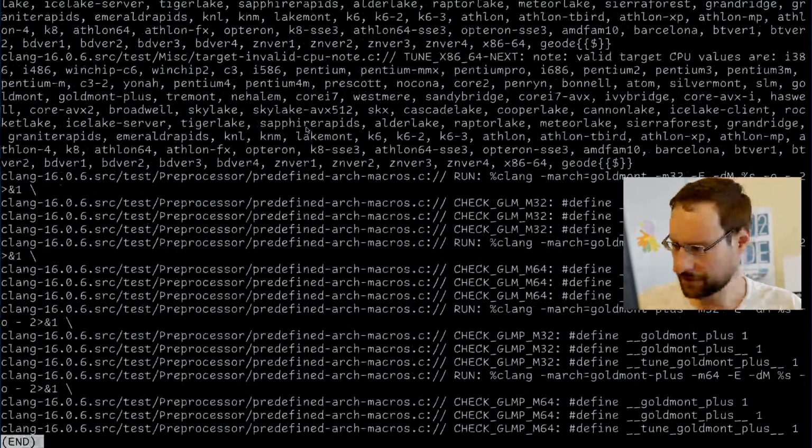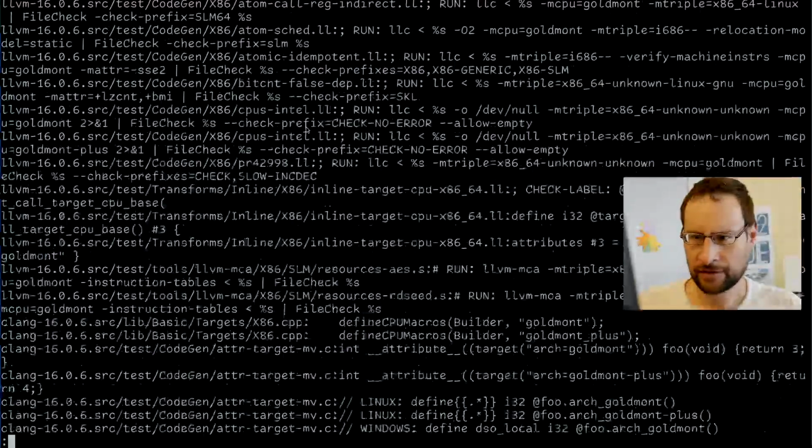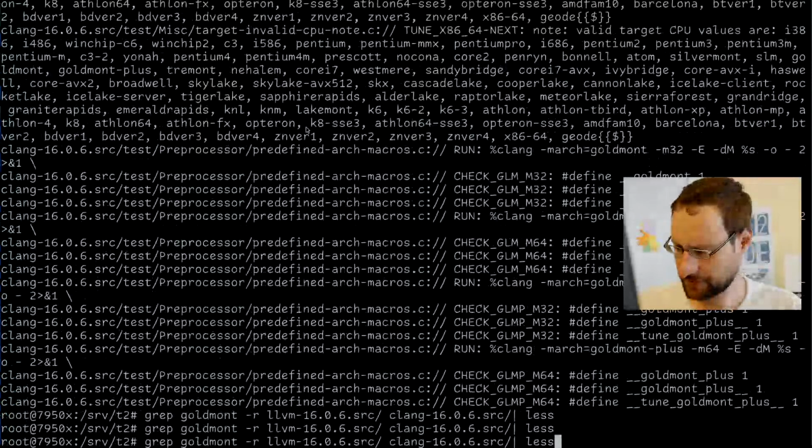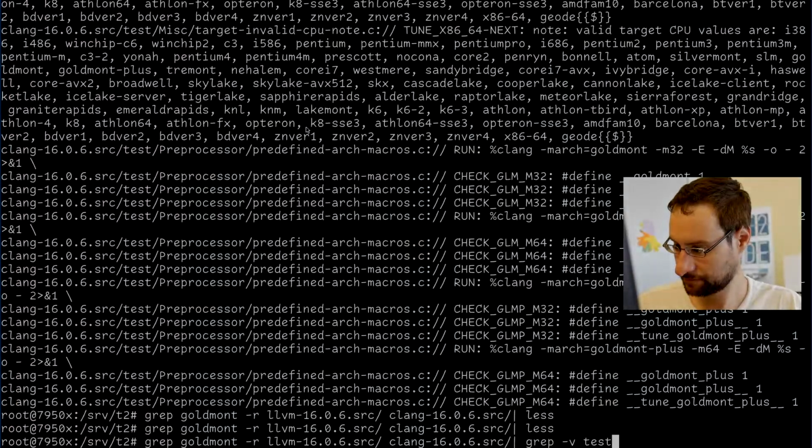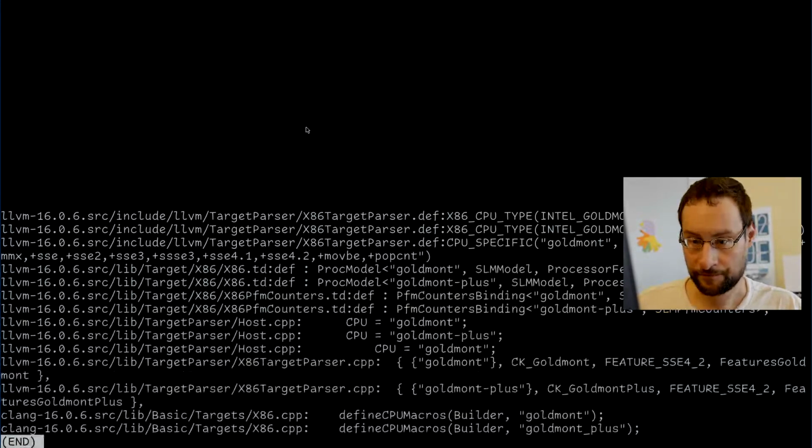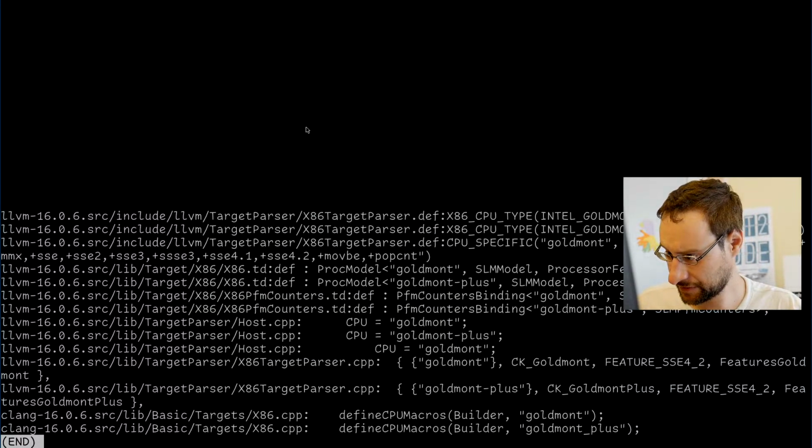So is it in Clang? In Clang we have only tests, I should filter tests out. So this leaves us with very little. Here's define. Okay, so here is define CPU macros. The rest is in LLVM.